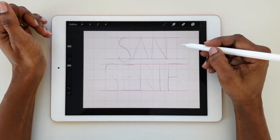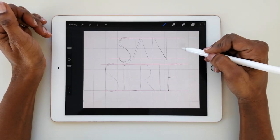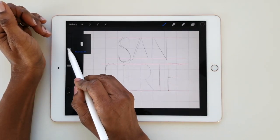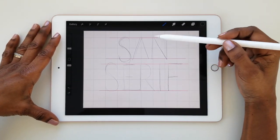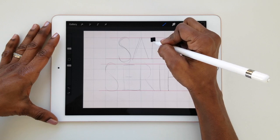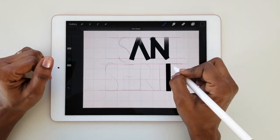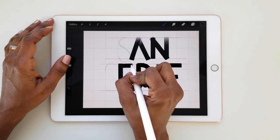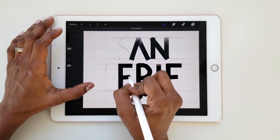What I'll do is I'll set the width. That's too wide, so I'm going to just reduce my size here. I've got the size that I want. And what I'll do is just go over my skeleton sketch with the wide brush. I usually like to start with simple downstrokes. Again, this is really rough and by no means the final. All I'm trying to do here is get a rough idea of what the width of each of my letters